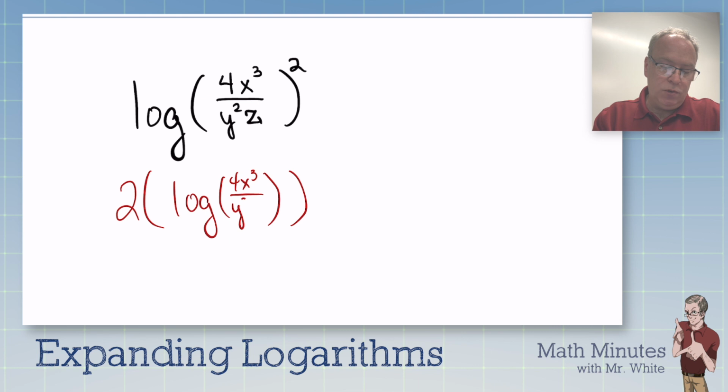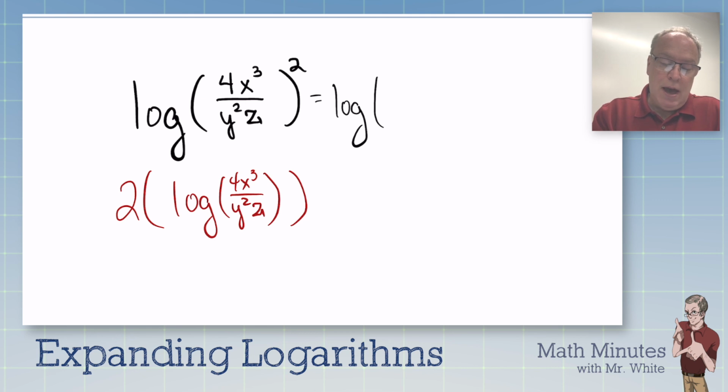All over y squared z. And then, you see how I put these parentheses? So then you work this problem, and at the end you can distribute the 2. That'd be one way to do it. Or, why not just use your properties of exponents first? Because you're allowed to do that if you want, because it's one of the legal moves you can make here